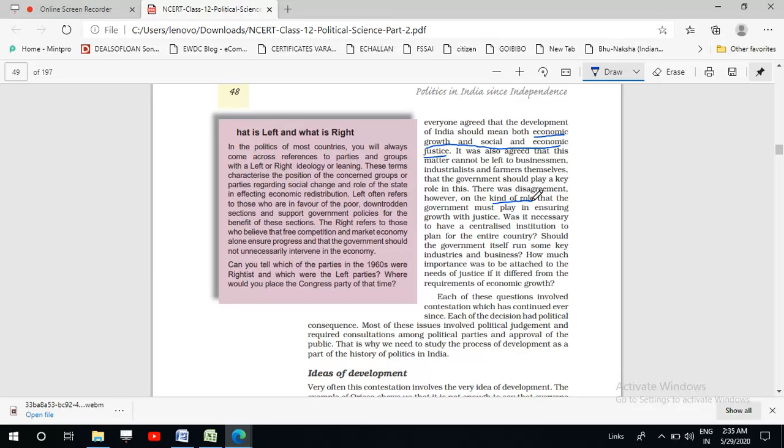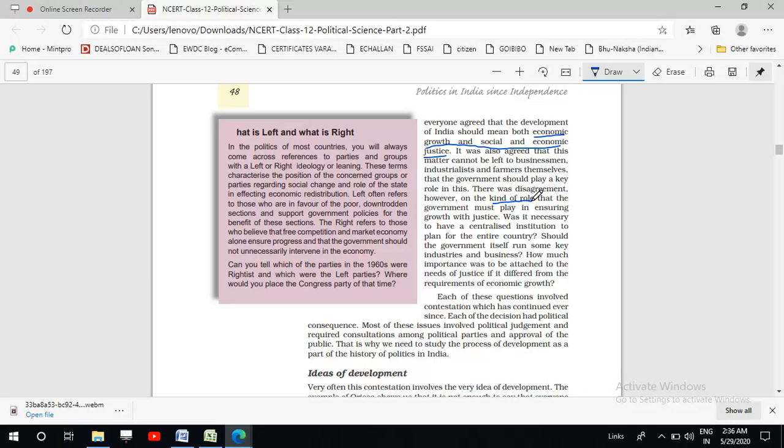Each of the decisions had political consequences. Most of these issues involved political judgment and required consultation among political parties and approval of the public. That is why we need to study the process of development as a part of the history of politics in India. So, we see that whatever process of development is adopted by the government is a part of the history of politics in India, because whatever decision regarding development is taken,